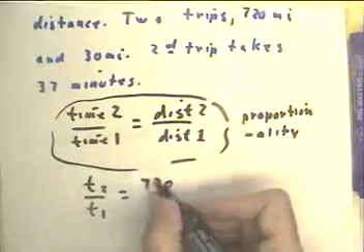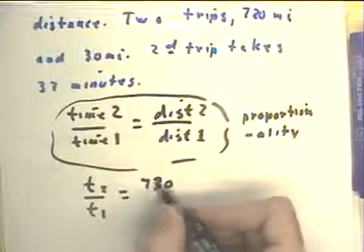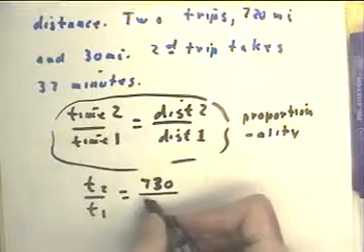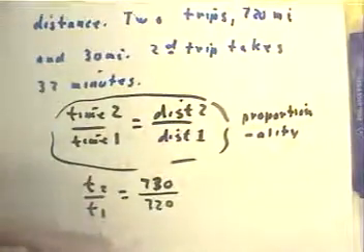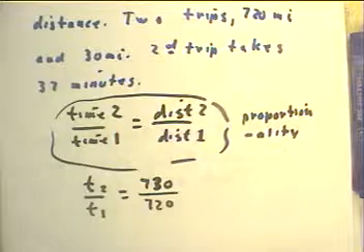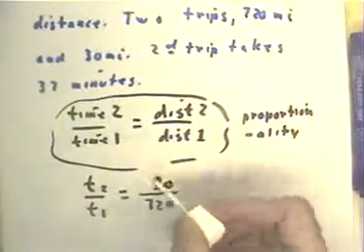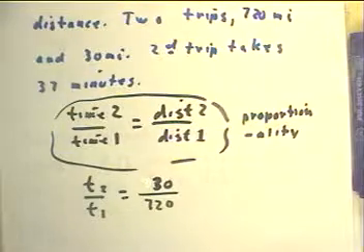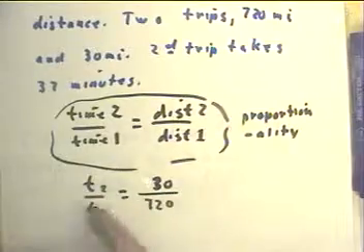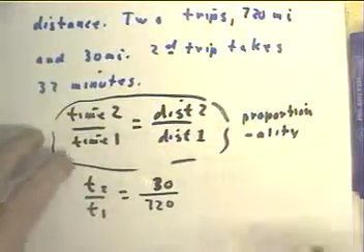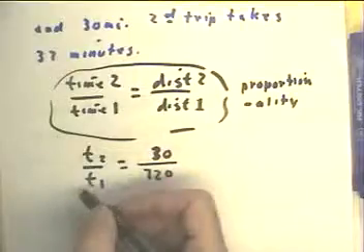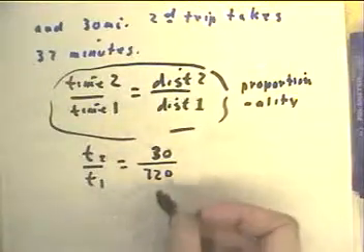Now these are proportional to the distances, and I've got my 2 and 1 mixed up. That's going to be 30 over 720 because the 720 corresponds to the first trip mentioned, which is the longer one. Okay, so we have T2 over T1 equals 30 over 720, but of course we know that T2 is 37,